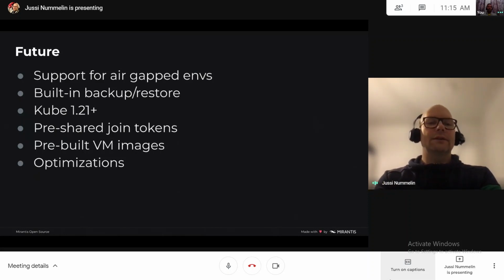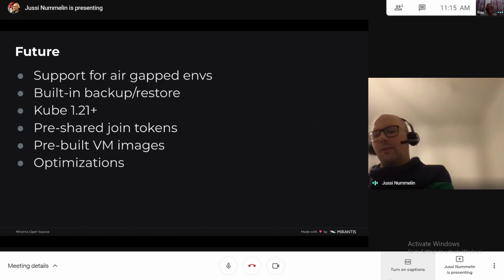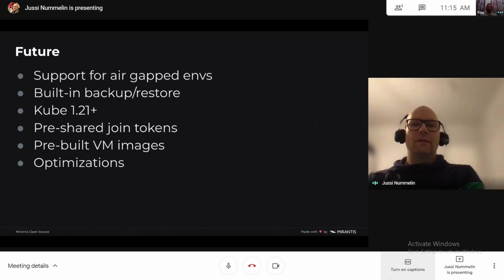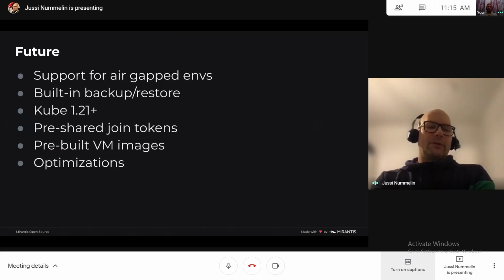There have been some discussions; people seem to want pre-built virtual machine images for k0s. And then we know a few places where we need to optimize things quite a bit actually. So that's something that's on our radar.